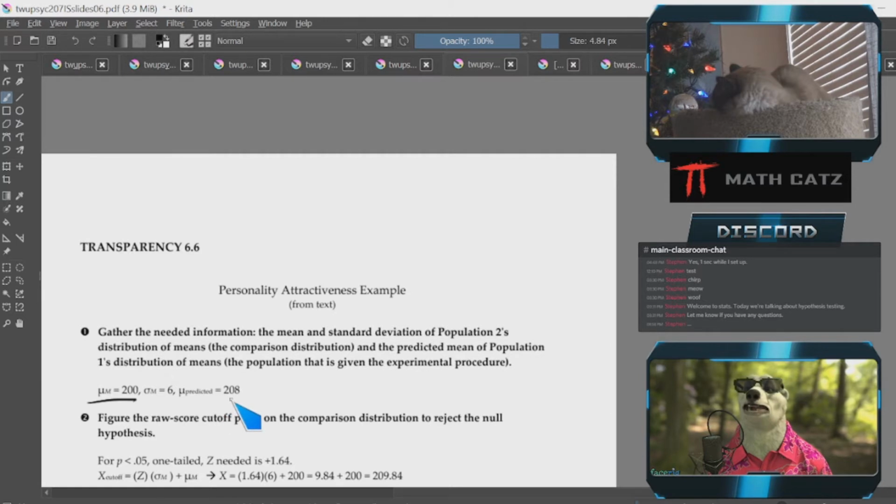And what we got was our sample mean, which we get as 208. And then we see, well, is this significant enough to reject the null hypothesis? Is this far enough away? And so on. So if we visualize this, we have our 200